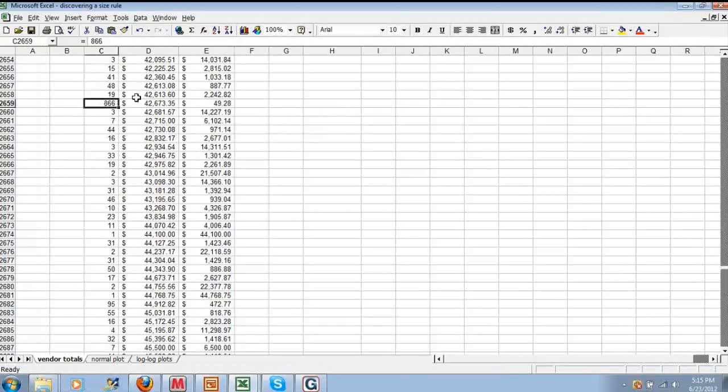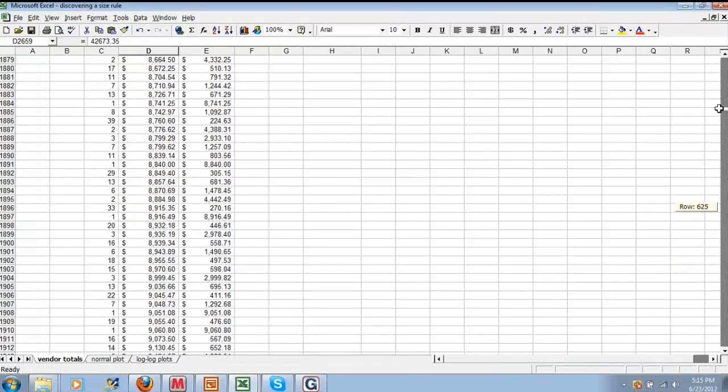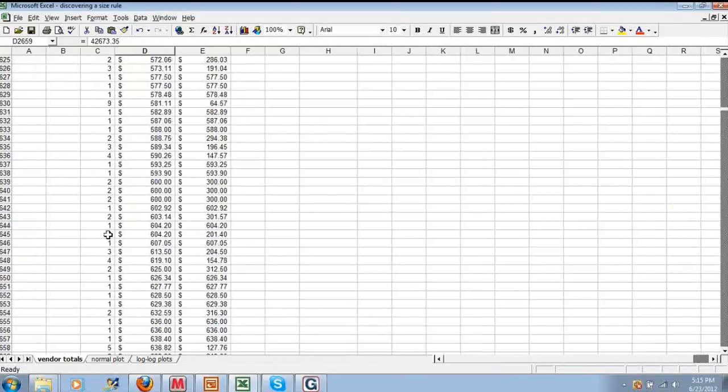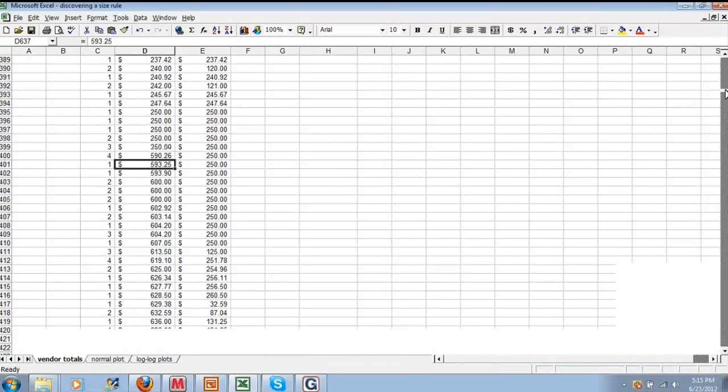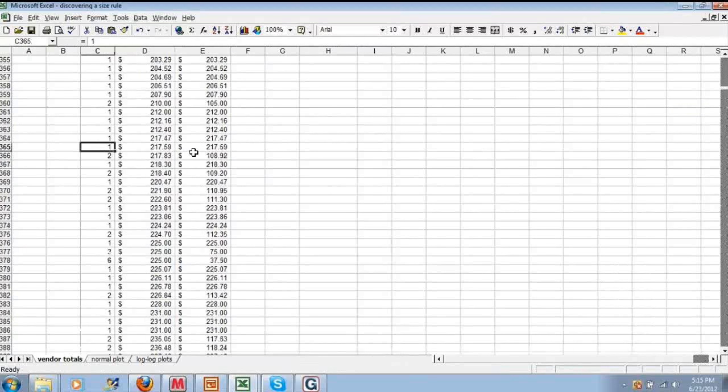So these are important items to notice too down here at the bottom or further down. If we go down to the very bottom, we get to all these vendors with one invoice each. And there are many of them. There are hundreds of them. There are probably, if we go from 1 to 5, thousands of them in that range. So we have this very unwieldy data set. We want to know what the pattern is, and we think maybe we could learn something by graphing.